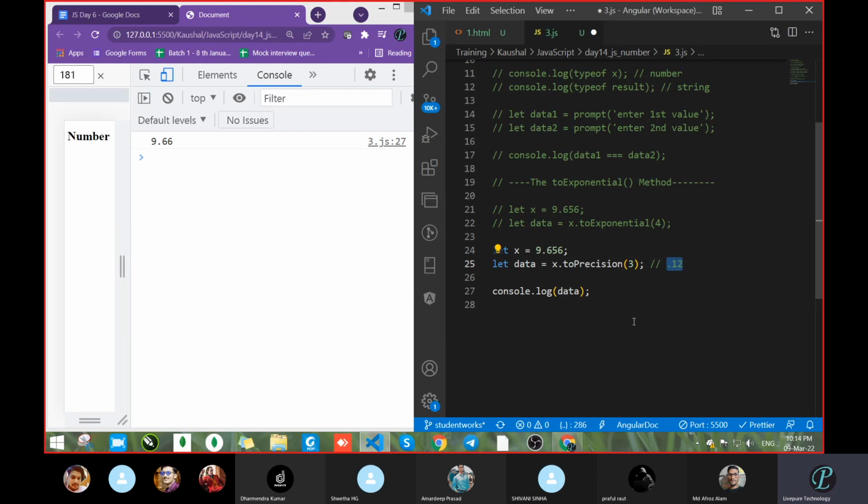Means it is calculating starting from the decimal point itself. If I pass a 4, now tell me after the decimal how many values in total? 3, sir. It will be 3 values because it is calculating 4 in the sense 0 will be one number, 1 will be 1, then 2 will be 1, then something will be there. Like this way it is calculating, meaning you can tell the length.